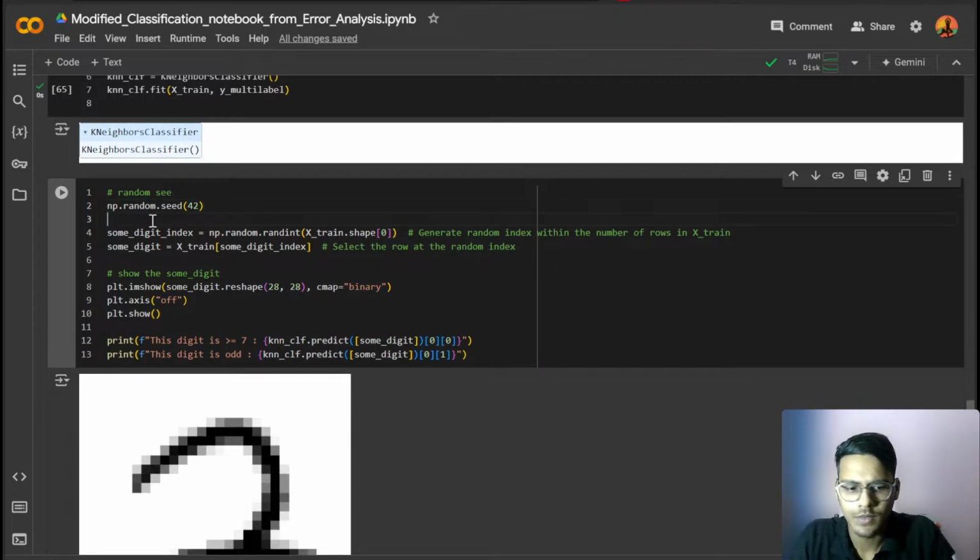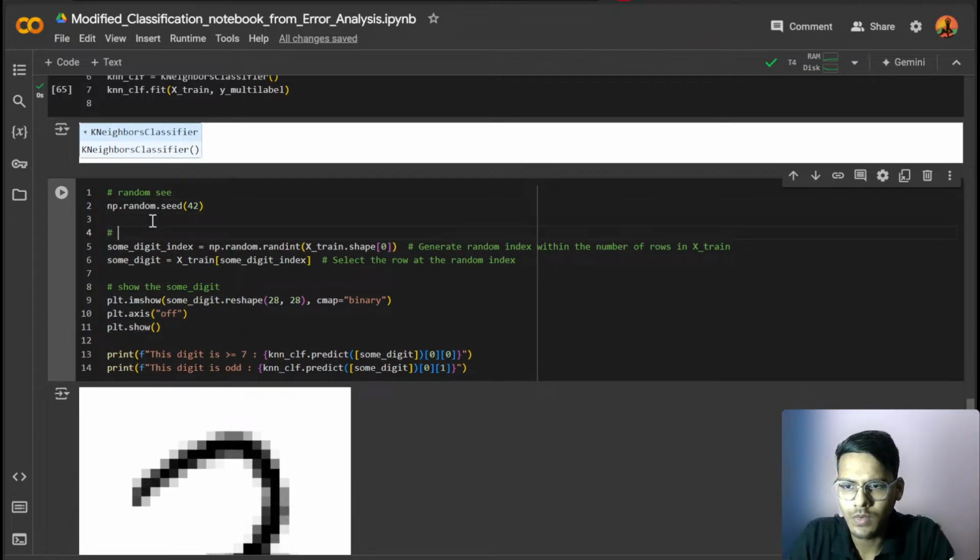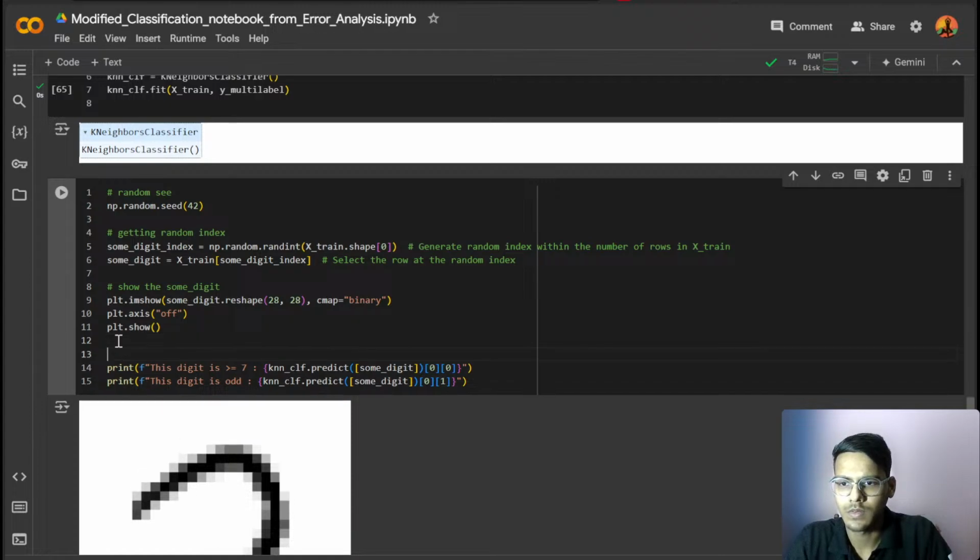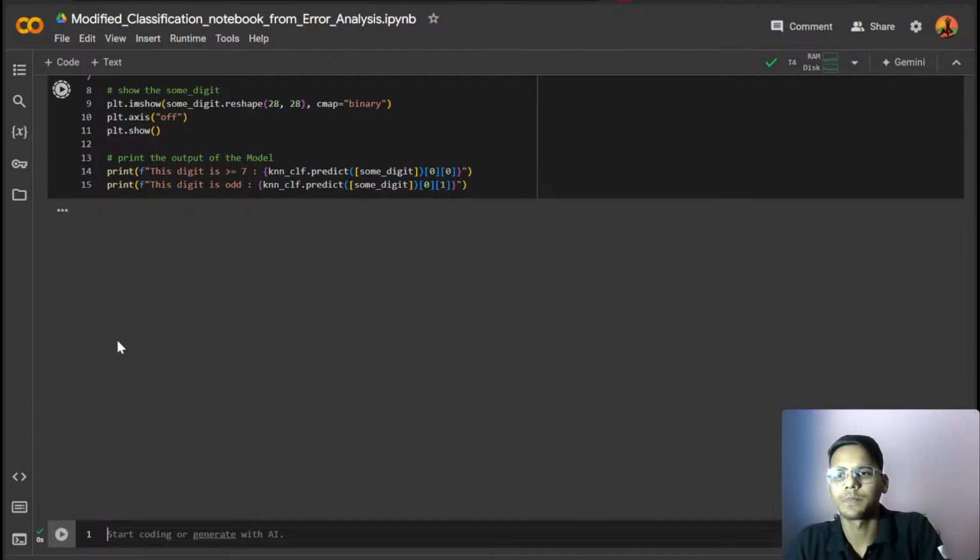Then what we are going to get, getting random index. Okay, then we are going to show, print the output, the model. Okay,